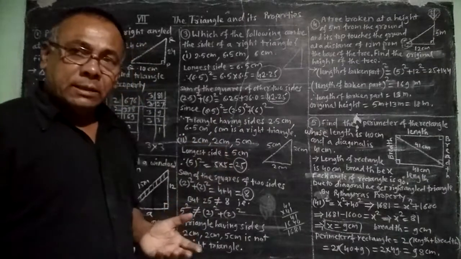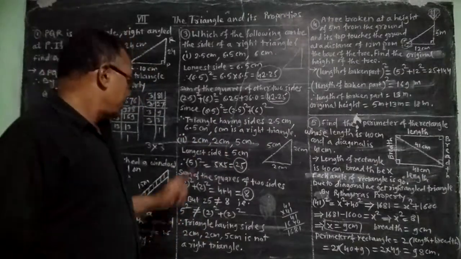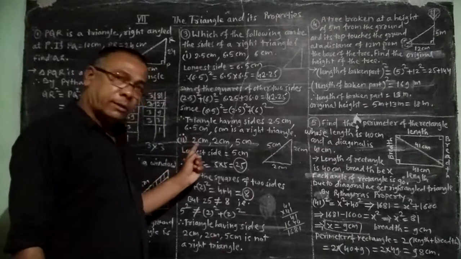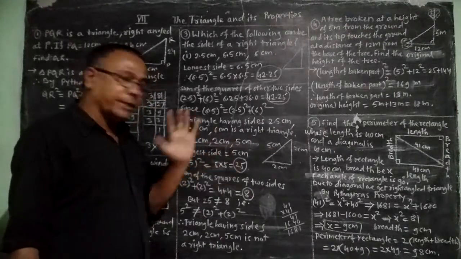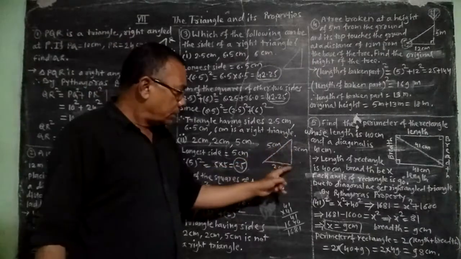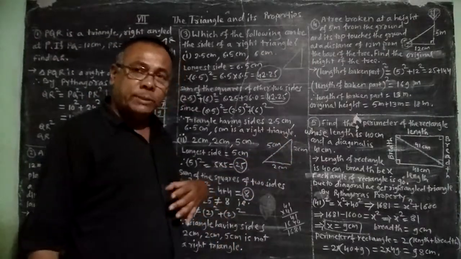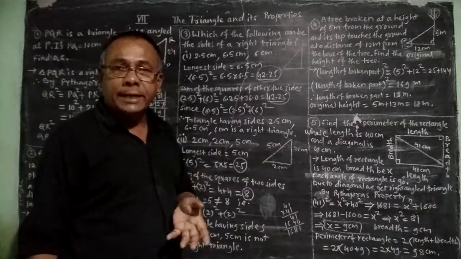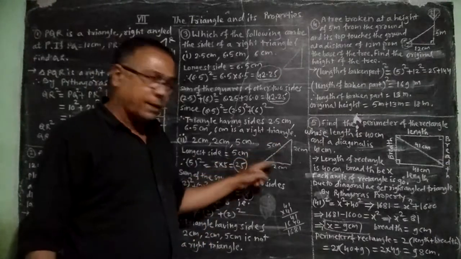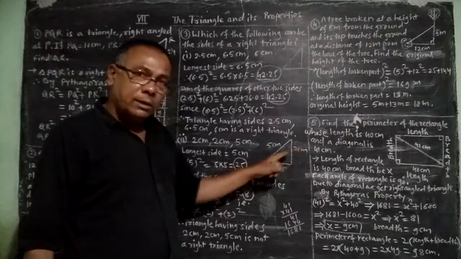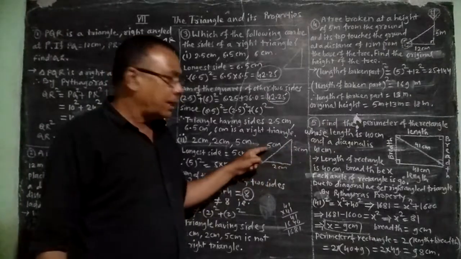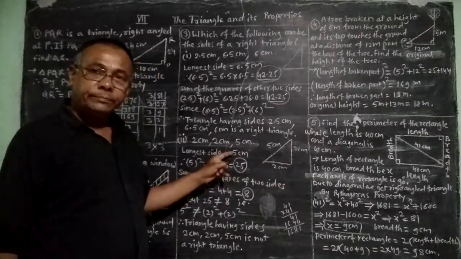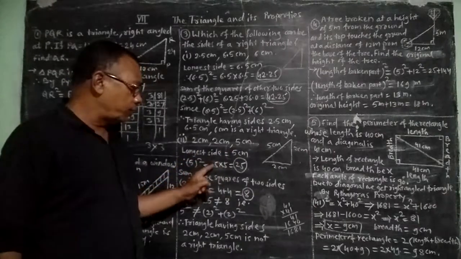Now we will see the second case here. In the second example, it is given that the sides of the triangle are 2 centimeter, 2 centimeter and 5 centimeter. Here I have shown the diagram of the triangle, in which it is not a right angle. We have to prove whether it is a right angle triangle or not. So I have drawn the triangle in which the two sides are each 2 centimeter and the largest side is 5 centimeter. Here the longest side is 5 centimeter, and therefore 5 square is equal to 5 into 5,